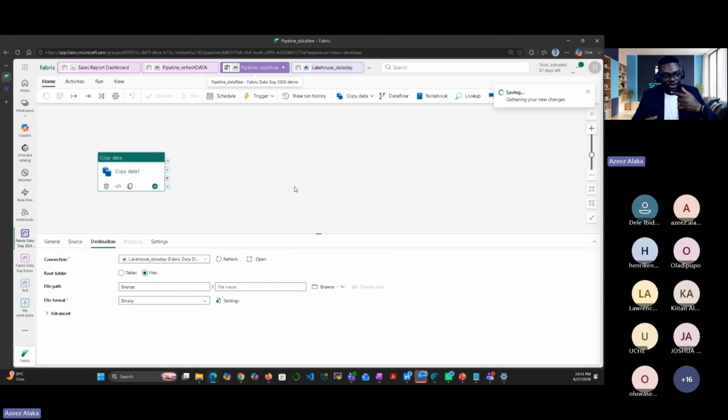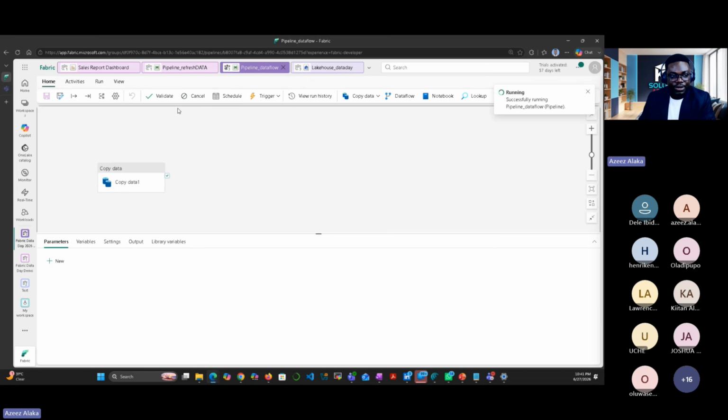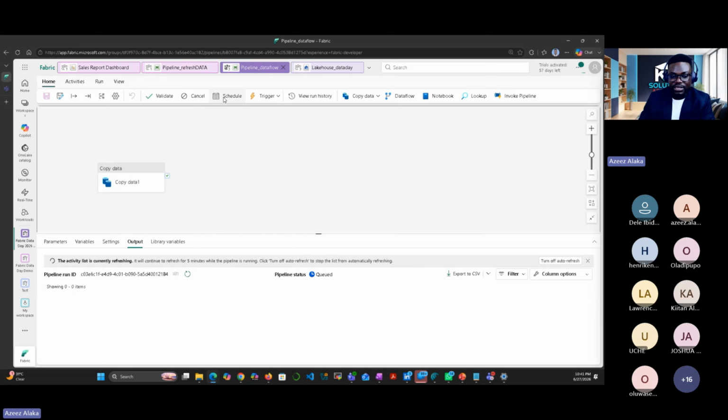So we are going to see how it is working. The good thing about this pipeline is that now, on demand, I click on run. I can actually schedule it so that every 1 minute it executes. Which means whenever I update the source file, if this thing executes, every time it's going to send it to the other side. And you can do it in different ways. This copy data, you can make it into incremental copy, whereby it will only copy the new data from the source. It's not going to copy everything, to reduce the time.